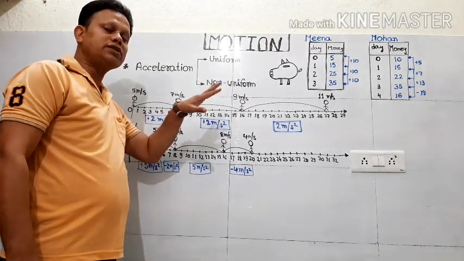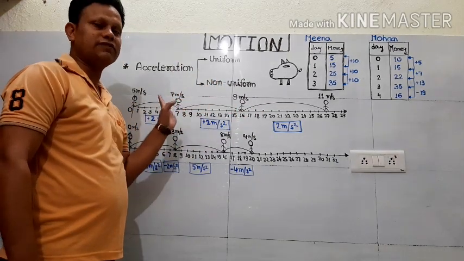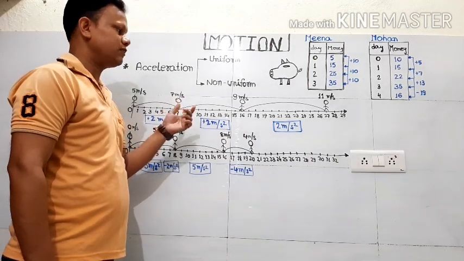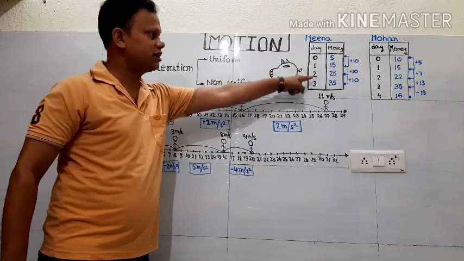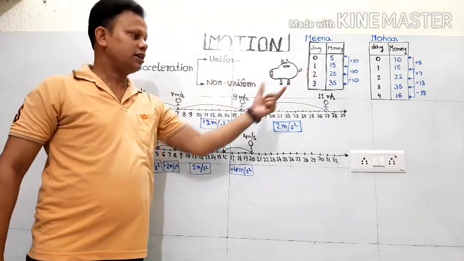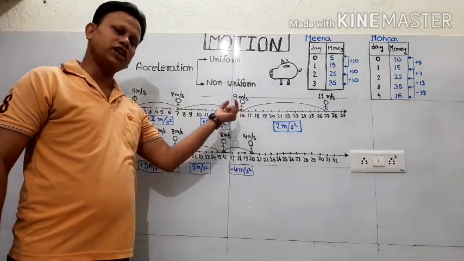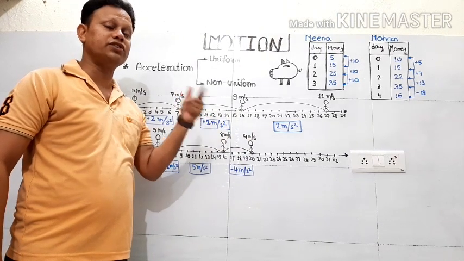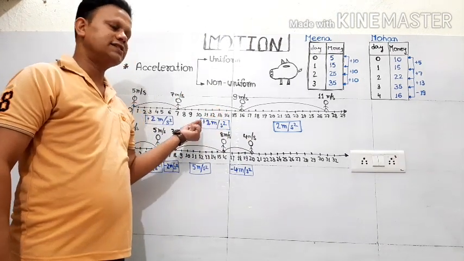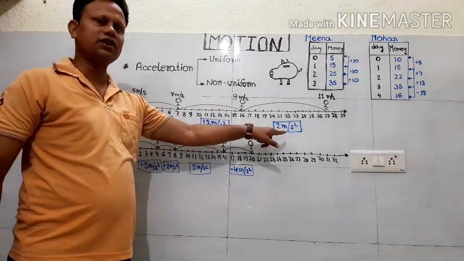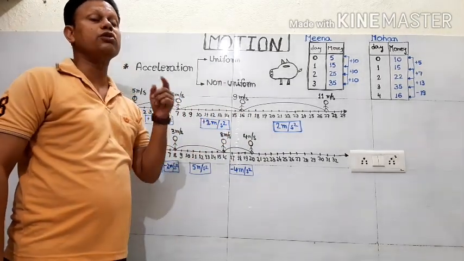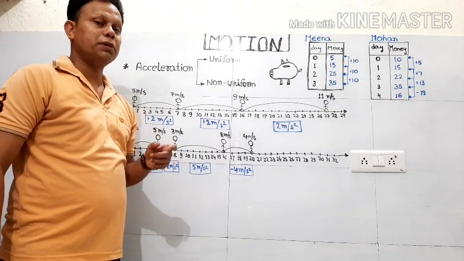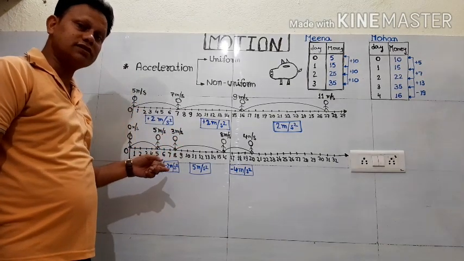But if you compare the change with the previous value of magnitude of velocity, you can see the change is same. Here the change will be there, but the rate of change in velocity is same. So this is called acceleration, and since the value of acceleration is fixed, we call it uniform acceleration. But this same thing does not go with this situation.